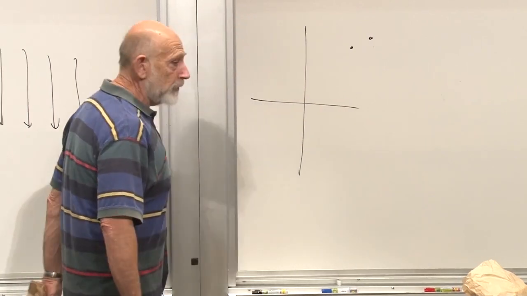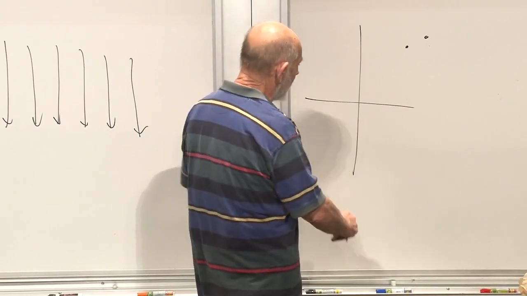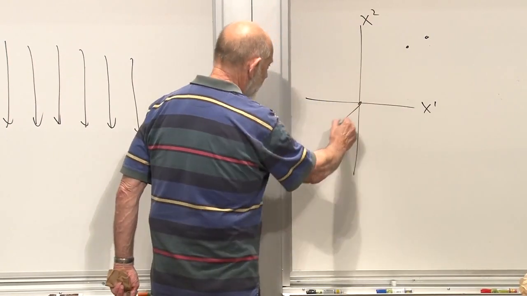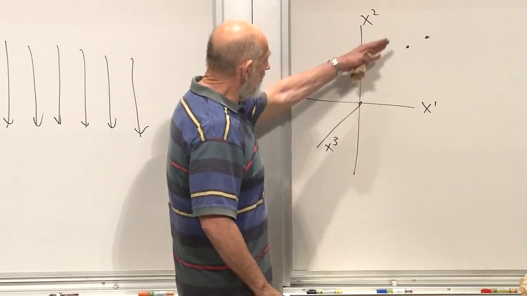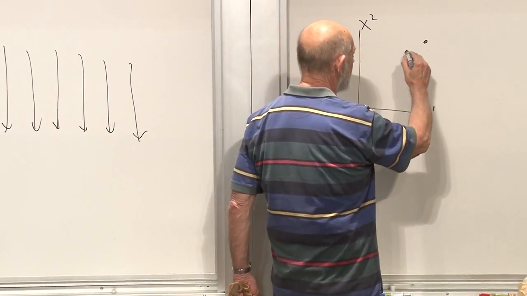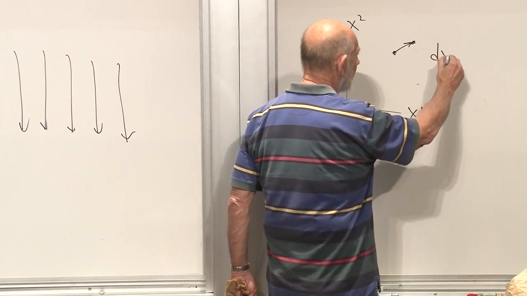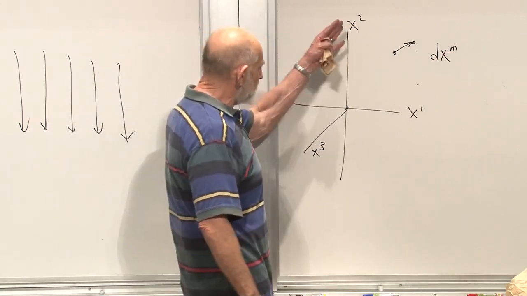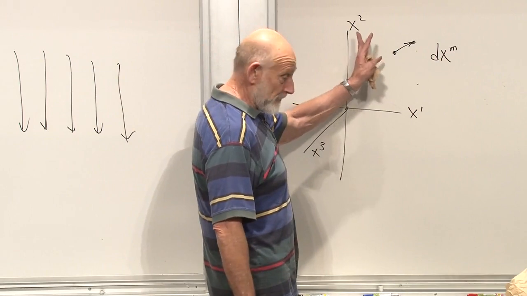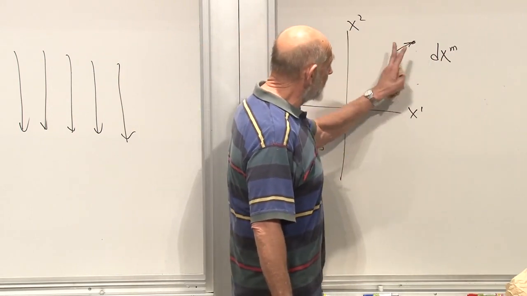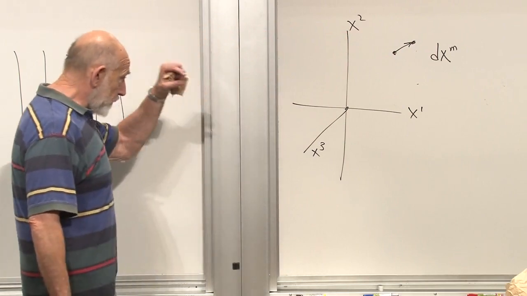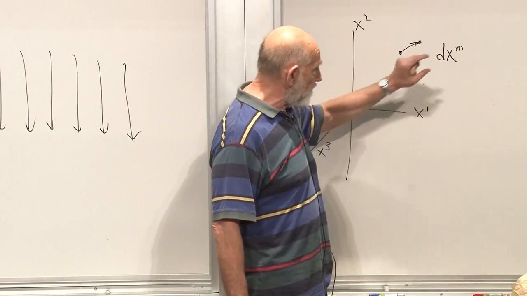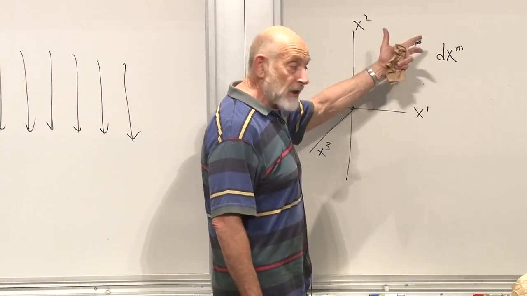What's the corresponding thing for Euclidean geometry? And now let's just say there are a bunch of x's. This could now be x1. This could be x2. There could be another x3 coming out here. And supposing there's a little interval here characterized by a dx, and let's call it m. m represents whether it's x1, x2, or x3. This is not x1 squared. This is x1, x2, and x3. And if I prescribe for you a set of, in this case, 3 dx's, 3 components of a little shift, what's the distance between these 2 points?